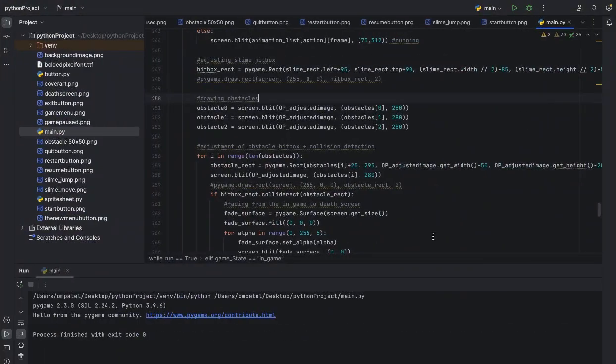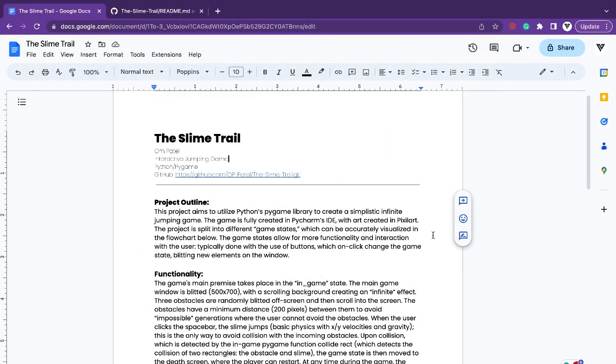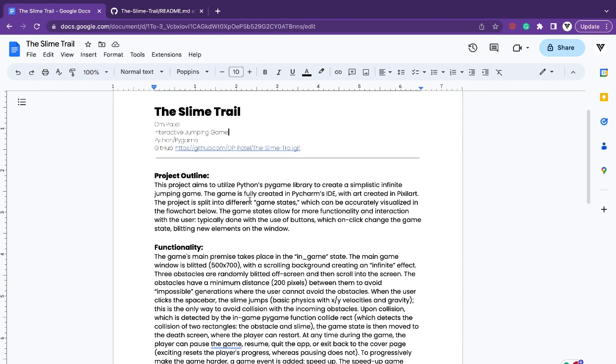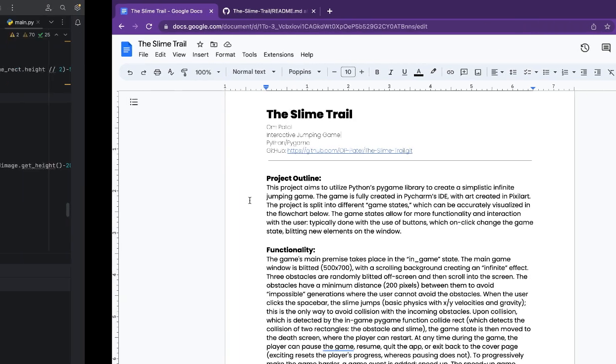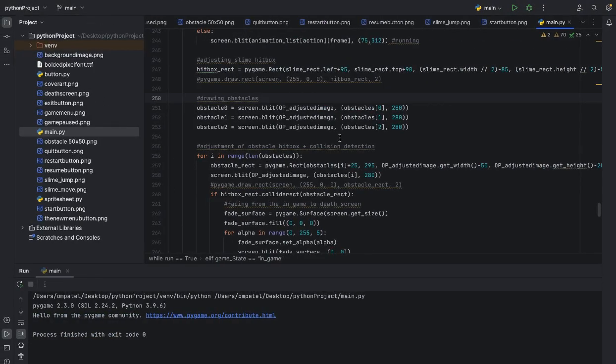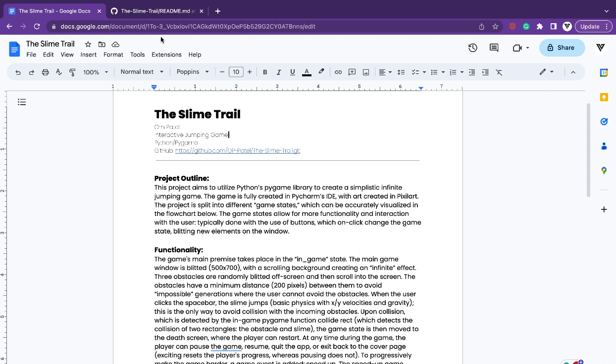Okay, so here is my project. It is an interactive jumping game and it is called the Slime Trail. So basically, this game was created using Python's PyGame library in PyCharm's IDE. The entire premise of this game is basically an infinite runner game where you jump